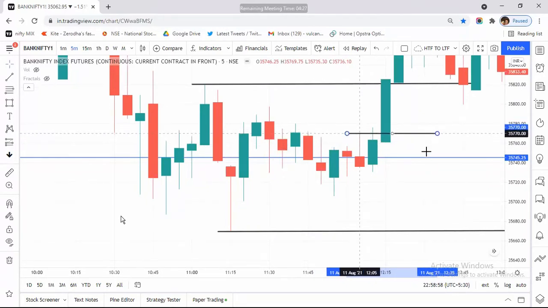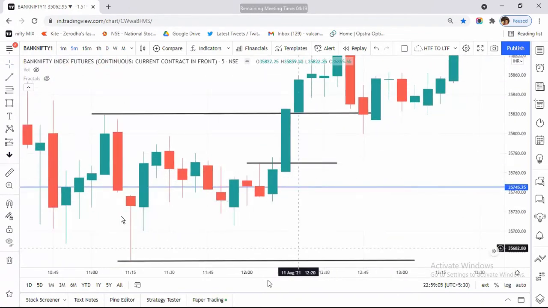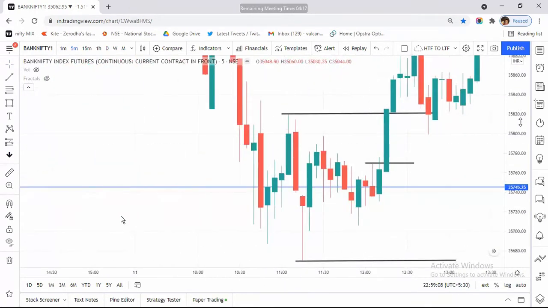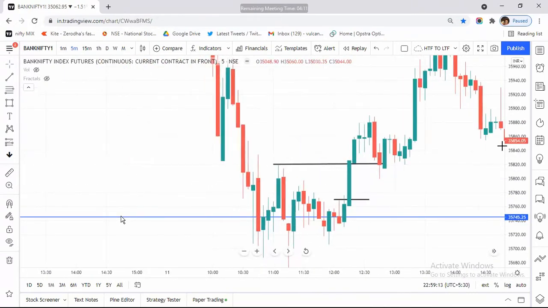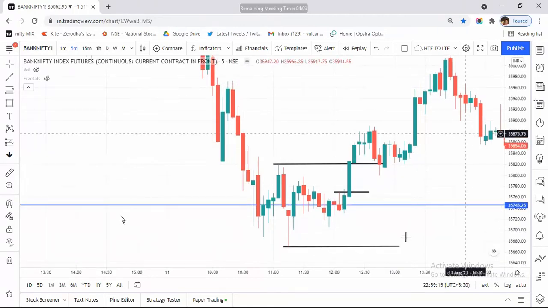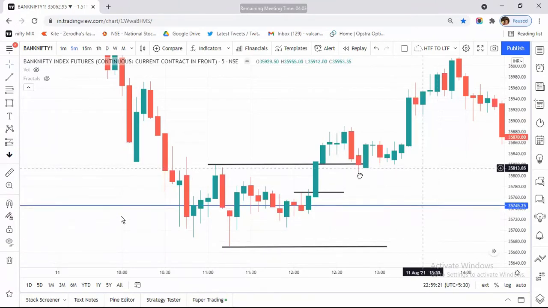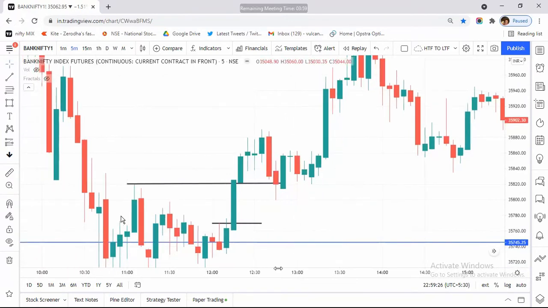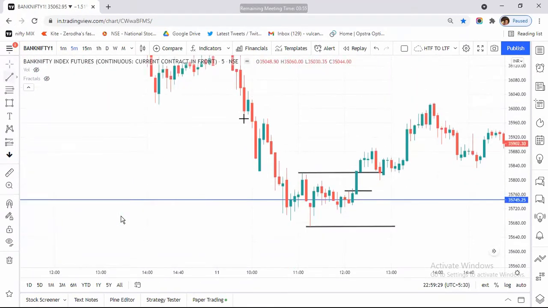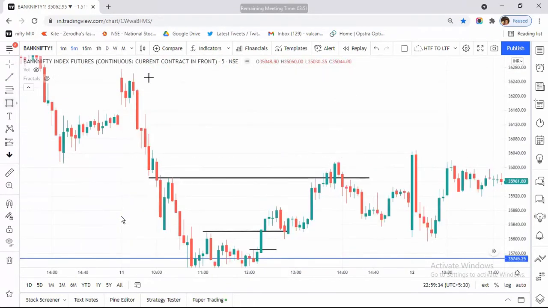Here, broken, and I am also on the 50. So this is the direction-wise understanding of which side the market is trying to target. Now I am sure that my market will go up. So I will do the swings mark. Here is the first swing target and here is the second swing target.